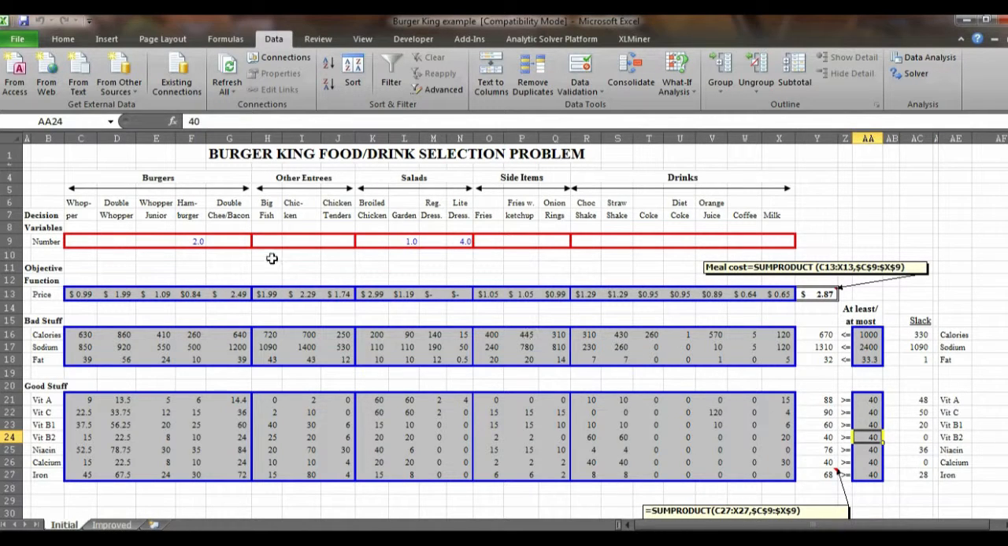Now there are other issues with this menu order. It doesn't look particularly appetizing, and those are what we're going